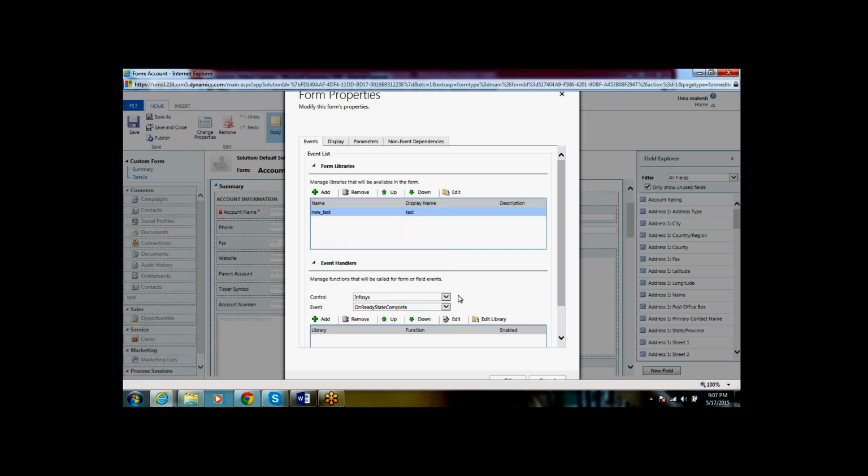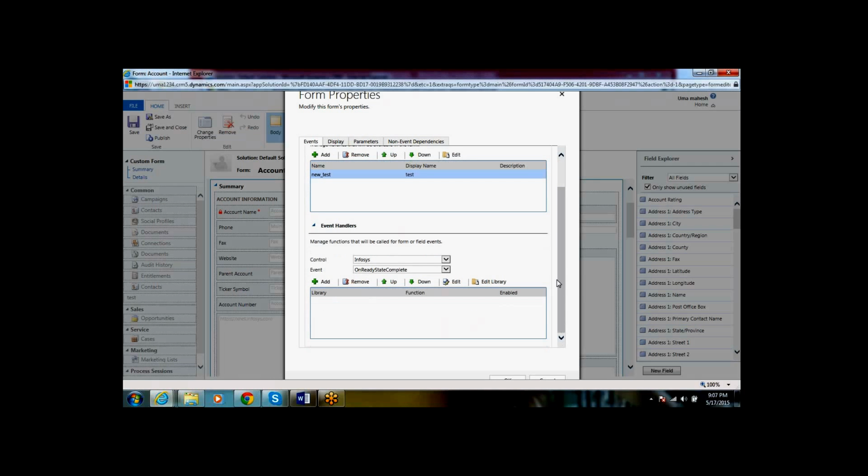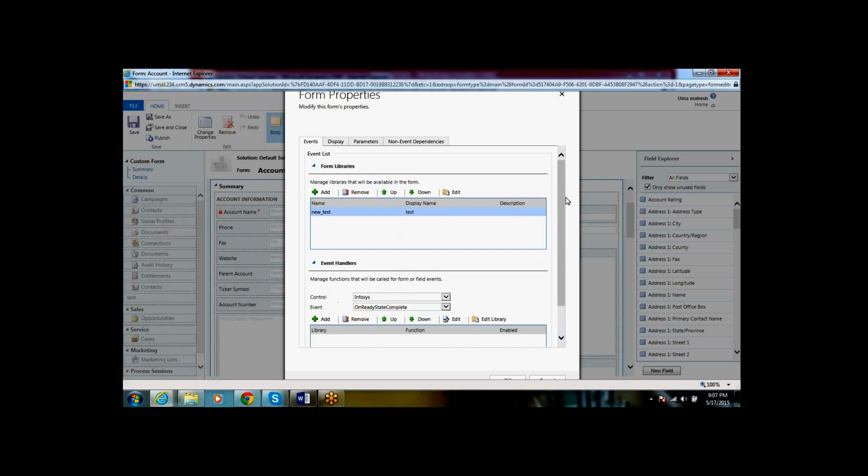So these are the events in CRM JavaScript. So this is the form events, the form JavaScript events in MS CRM.